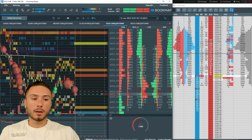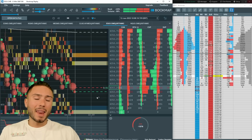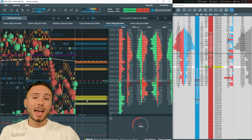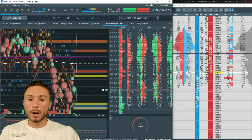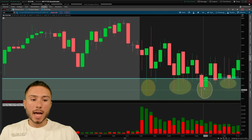We see a negative delta of negative 750, negative 300, negative 250. It's really not that large of a negative delta. However, it's multiple tests after multiple bounces off of this where the selling is very, very aggressive. You see where my head's at right now? Where I'm hovering over my cursor, there's tons of aggressive selling down there, and the next one happens at around